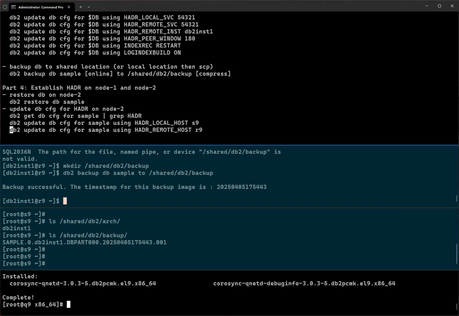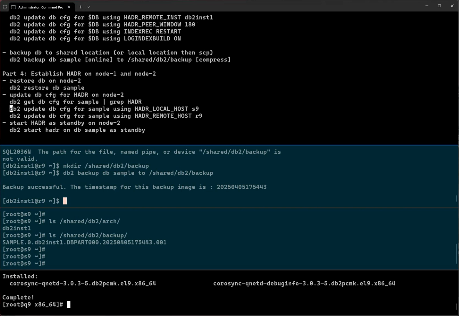All right. So let's see. Now let's move to part 4. Now we're going to establish HADR for this database, okay? So first we're going to restore this database. It's very simple. This is the basic